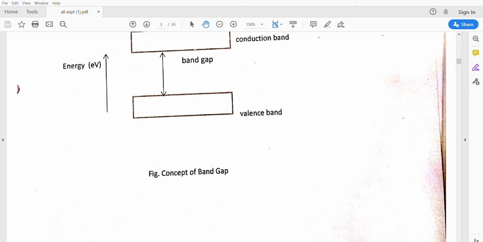This is the graph of the readings. You can see this log is nothing but ln I. They drew this graph with the log of current on the y-axis and the reciprocal of temperature on the x-axis. They calculated the slope using y2 minus y1 upon x2 minus x1. The slope they got is 4. They substituted in the formula, 2 into slope into Boltzmann constant. 2 into 4 into the Boltzmann constant will give us the energy band gap value for the semiconductor. So this is the final result.